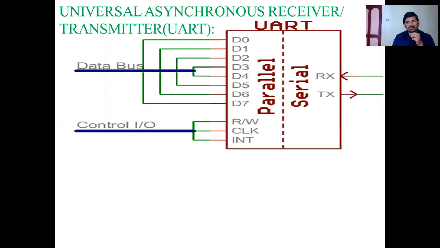If you look at this one, it is a simplified block diagram of UART. In that, the UART module first receives the data in parallel within the system. Then that is converted into serial for long distance communication. It contains read and write pins, a clock signal for operating this UART module, and next an interrupt signal for generating interrupts.